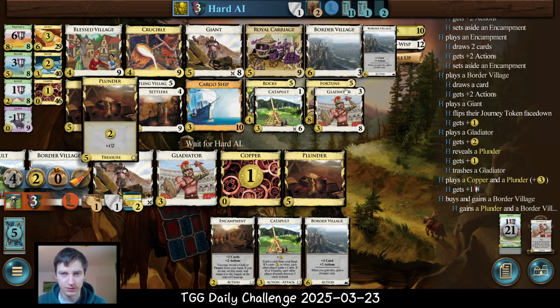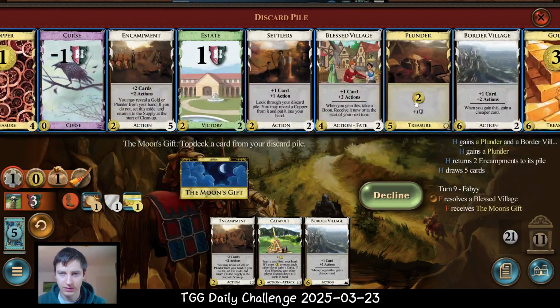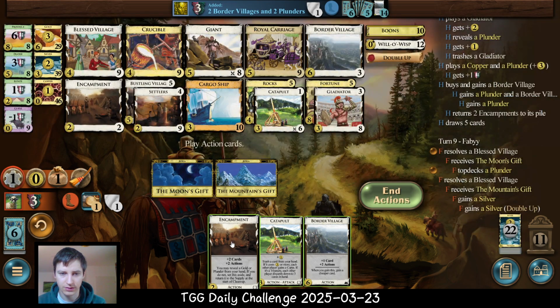Yeah, okay, good, good. Gets more plunder. We want to put a plunder or gold on top. I think we don't need the coin because we'll go for encampments anyways. So yeah, let's